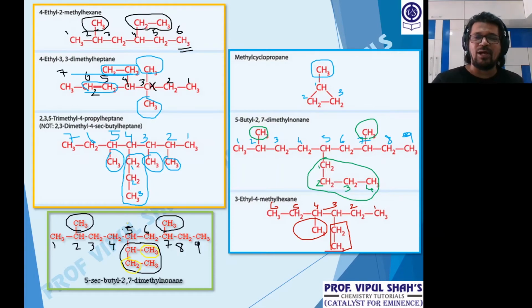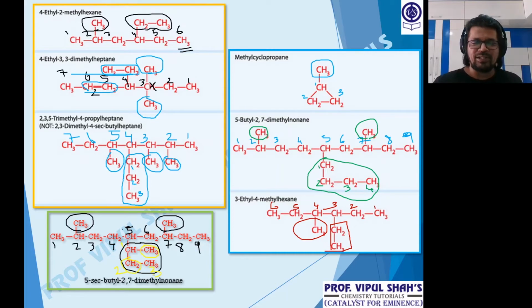If I have to give a common name, how will I give the name there? Now it will be 2,7 dimethyl. So not D, M of the methyl. Then at 5, how will I write? Now at 5 is the continuous chain. See, I'm numbering here: 1, 2, 3. Okay. So now we will say 2,7 dimethyl 5 hyphen in a bracket 1 methyl propyl bracket closed, skeleton of 9, nonane.